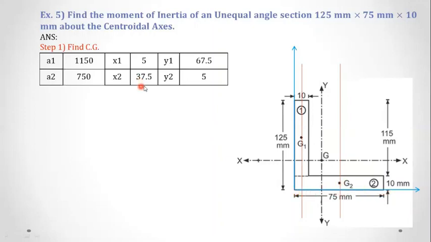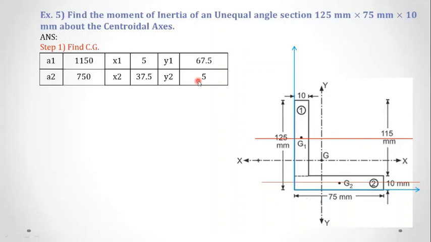So you will get 37.5 mm. Now y1 and y2 are the distance of G1 and G2 from the x-axis. This is your x-axis, and this is the axis of G1, and this is the axis of G2. The distance from here to here gives y1. So calculate it. This much is 10 mm, and G1 will be half of 115 mm. So half of 115 plus 10 mm, you will get